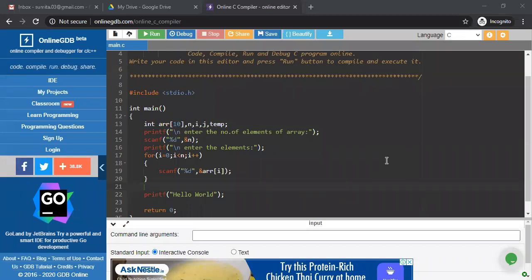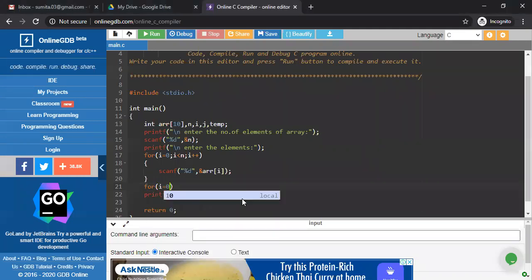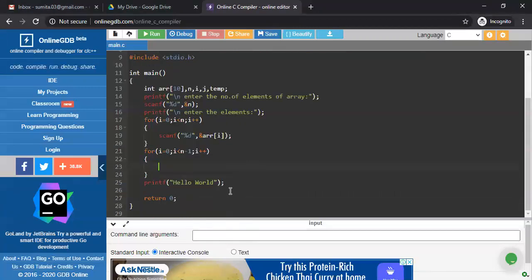That's why I'm writing the outer loop syntax here. What is the meaning of the outer loop? Outer loop means the scan number. In the example, we already showed that n is equal to 6, so we require 5 passes.